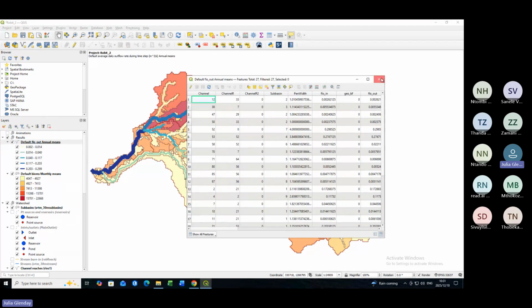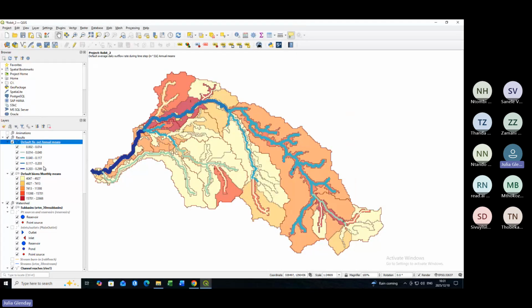And you can see this is cubic meters. This is quite a low flow river then, but yeah, 0.3 cubic meters average flow. So you can see, as you would expect, the flow gets higher and higher as you go down, but you can see where it jumps and where it